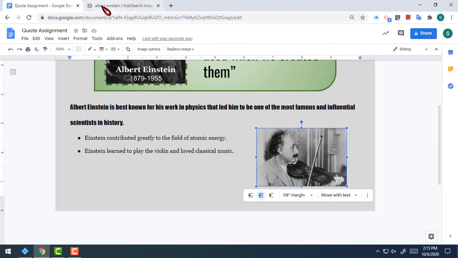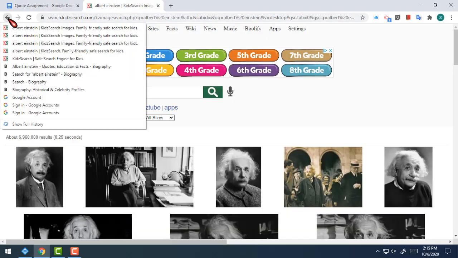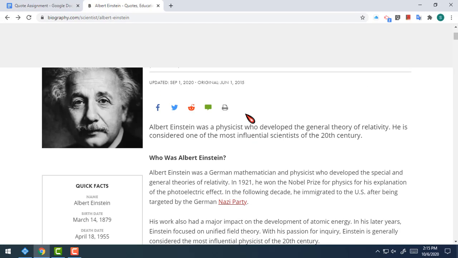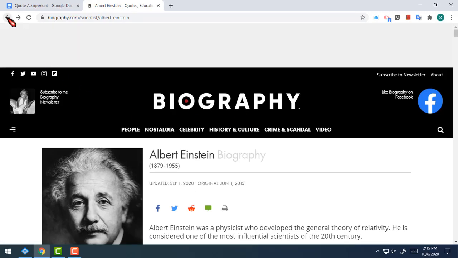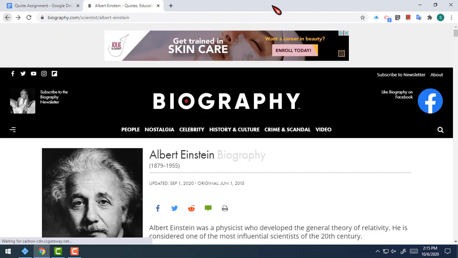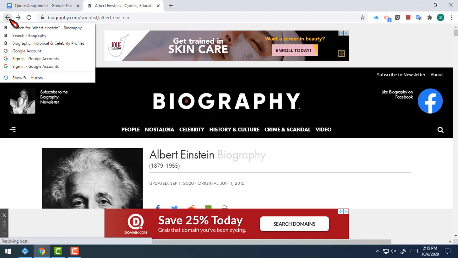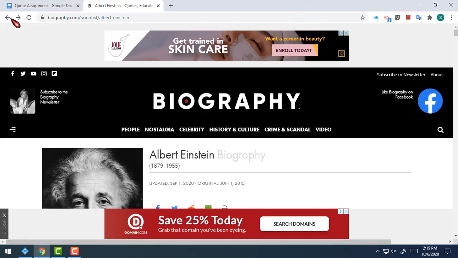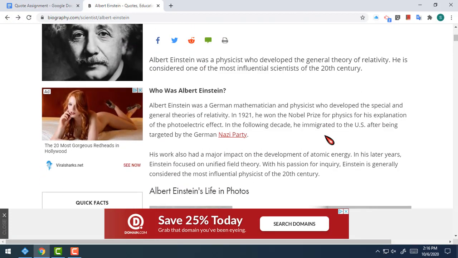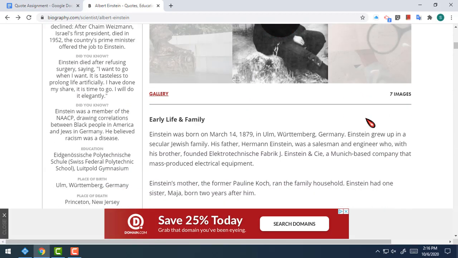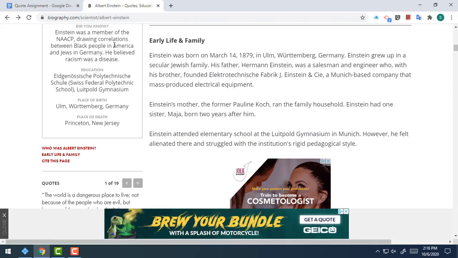So we're going to just do one link here, and I want to go back to my biography page on Albert Einstein, which is right here. I use my back button to get back. I think everybody knows this, but a little tip: I held down on my back button because I knew I had to go a couple pages back, and by holding down on it I was able to look at a list instead of just clicking back, back, back and guessing or waiting to see where it got me to. So now that I'm here, I want to copy and paste a link